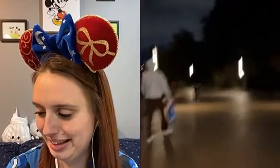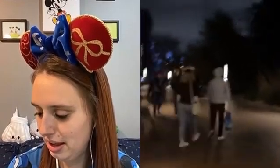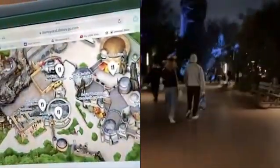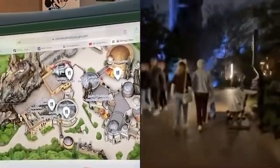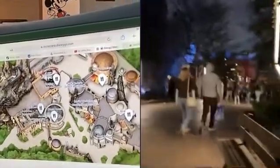Right. This one is where it's more spread out, so I'm almost there. You're all good. We're gonna go around the corner and we'll head to Docking Bay 7, which I think it's interesting that you don't get this at Docking Bay 7 in Hollywood Studios because we just did that last episode. Right. Okay, so there's kind of your map. Hi, Becca. There's kind of your map of the Galaxy's Edge at Disneyland. So we are headed here